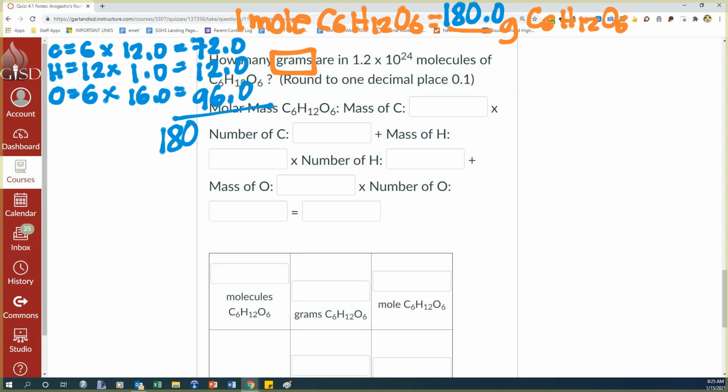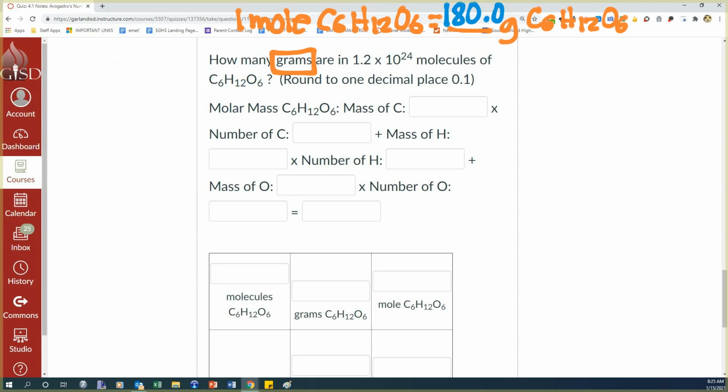Let me erase this. Again, guys, that's how you calculate the molar mass. Don't forget: count the number of atoms, multiply by its atomic mass, and then get the total. Let me erase this because this is only on scratch paper. Let's look at the problem again. I see the other keyword, which is molecules. There are two keywords here. If you see the word molecules, you remember you need 1 mole